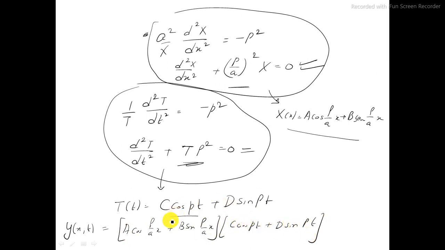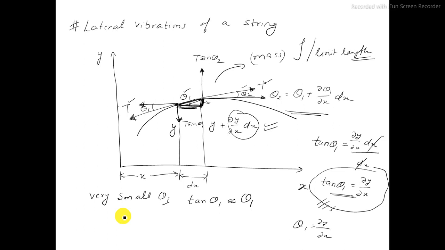Now, as we know that it is a continuous system with multiple degrees of freedom, we will write n here, and we will write n from 1 to infinity, because we know that for a continuous system the number of degrees of freedom is infinite. So this is the characteristic equation that we have derived from lateral vibration of string. This is the derivation you should understand.